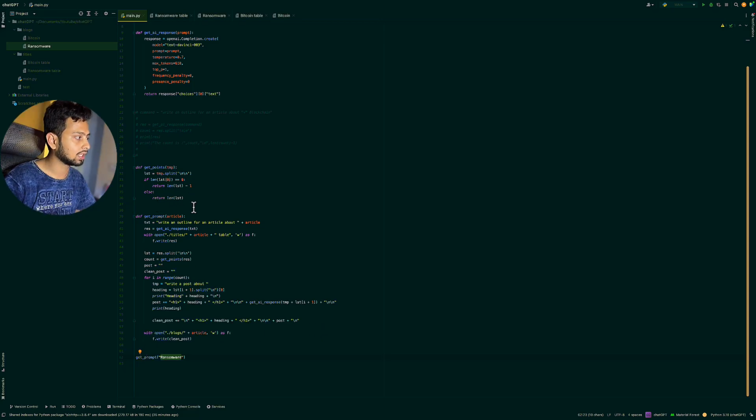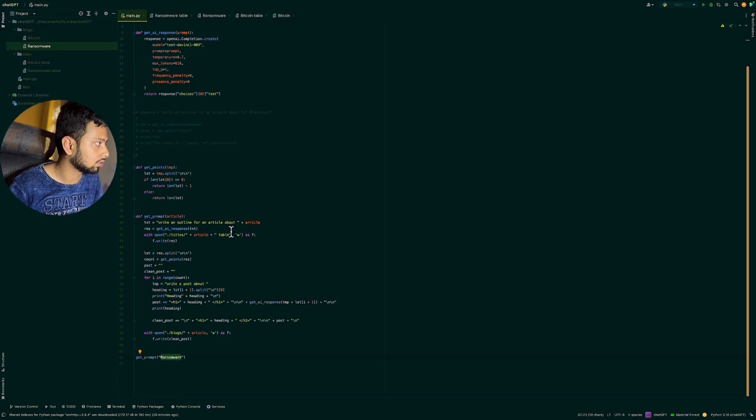So provide it with the list of articles that you want it to write on, and it will keep on writing and saving it inside your file, as well as keep on posting on your website. And you can also add a scheduler into that, to set the time at which it should post. So there are many things that you can do with this,